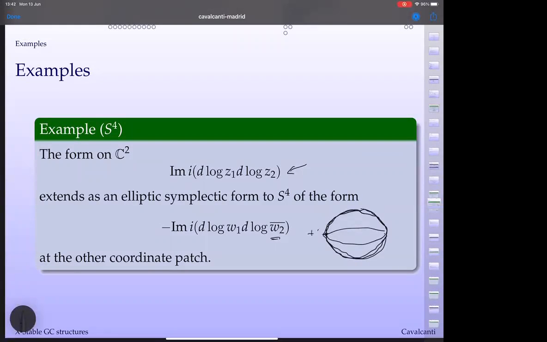So one side gives me a +1, and the other side gives you a -1, and it's a 0 residue, 0 elliptic residue, and locally complex elliptic symplectic structure on S4. What this is telling me is that S4 is nice because at first, spheres don't have any right of being symplectic, so